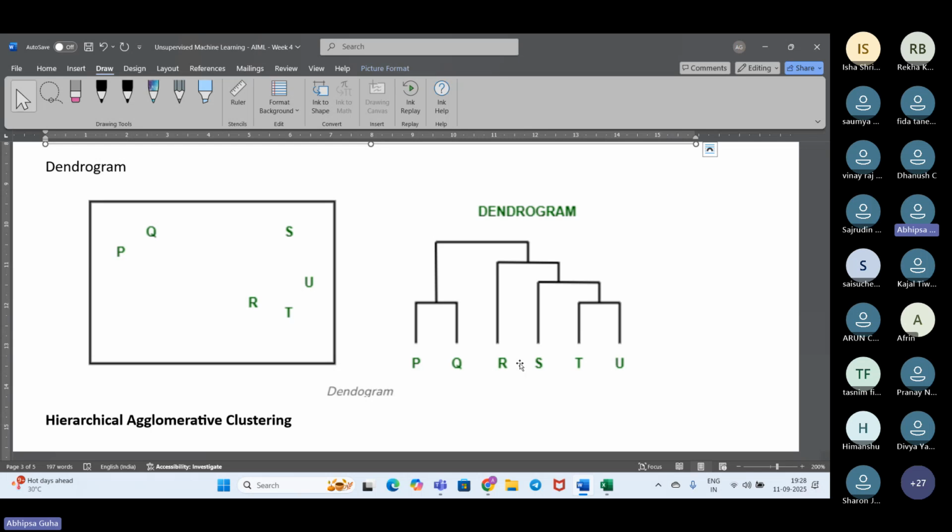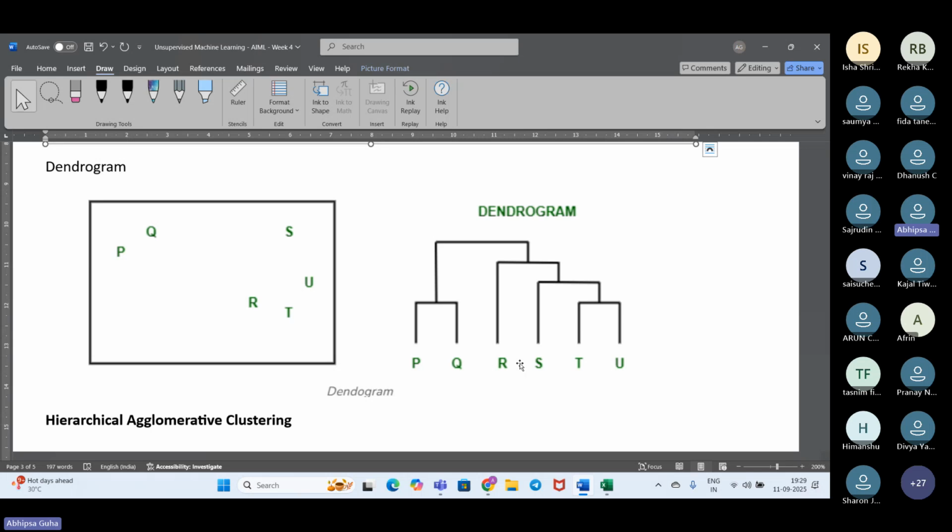So what is the purpose of working with dendrograms? Actually, we want to visualize how the clusters are forming, the step-by-step process of forming a big chunk of cluster, which we want to see from scratch. That is the reason we are working with dendrograms. So why is a dendrogram used? Because it helps us to understand